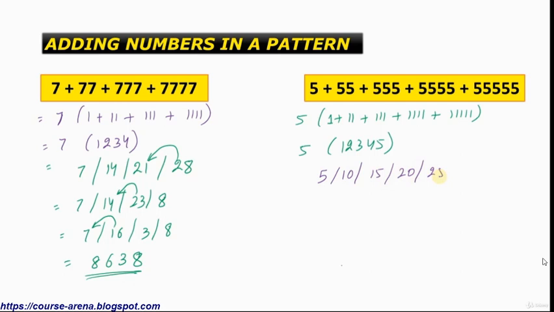Now all we need to do is, you know this method, we are going to go like this. So we will just write down the answer in this manner and we will get the answer as 61725. I hope you can do it yourself because we have done a few questions like this earlier also. So let's get moving. Now let us look at the next question, that is this one.